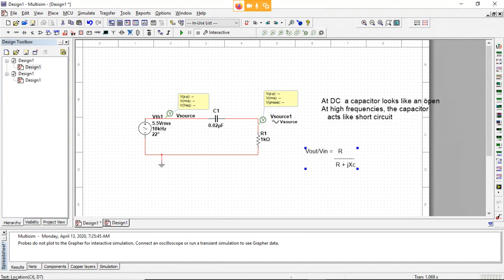And so this is our transfer function. A lot of times we use that term transfer function to indicate